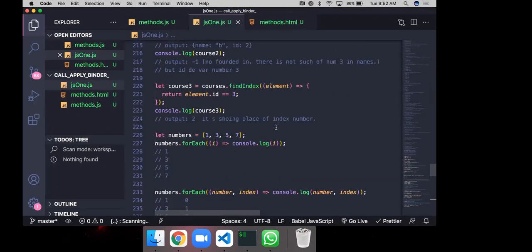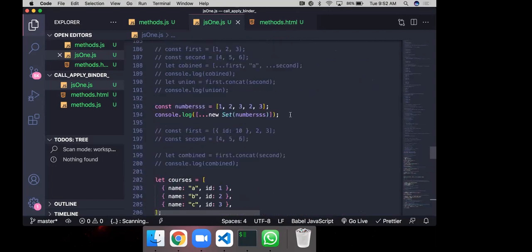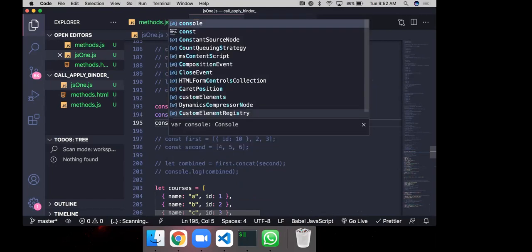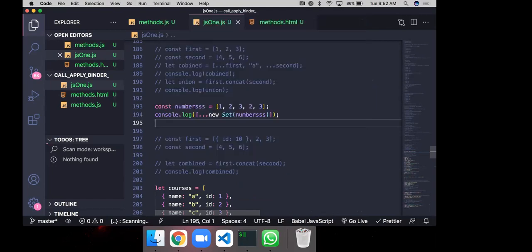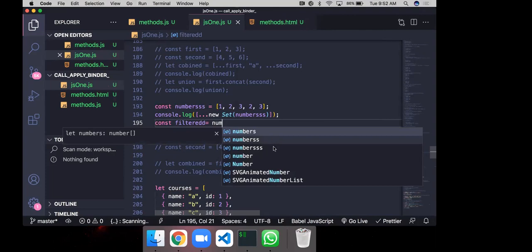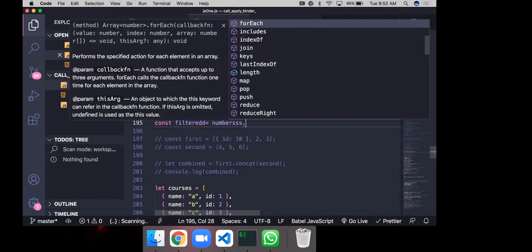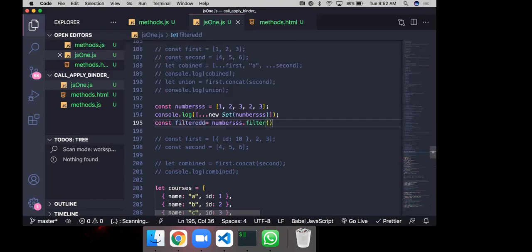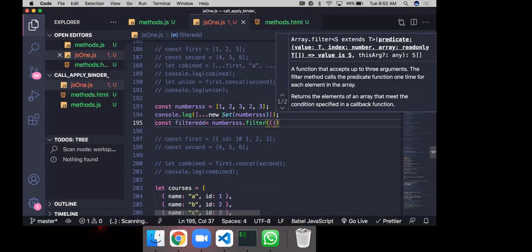So let me go here and figure out what we can do. So write maybe a new array, const filtered, let's do double D, equals numbers dot filter. And here pass 2 arguments.